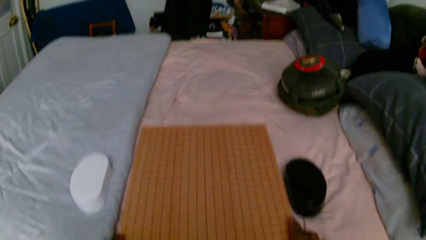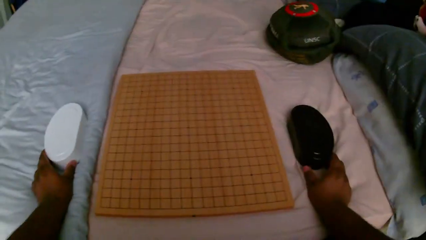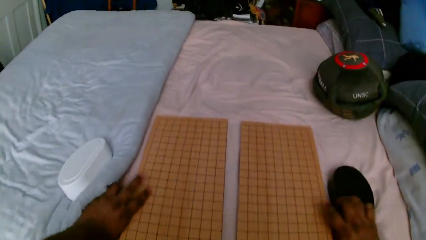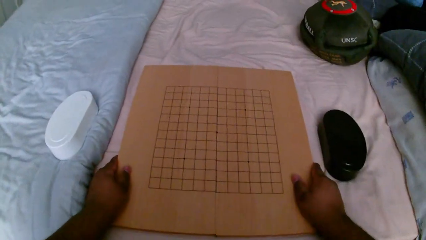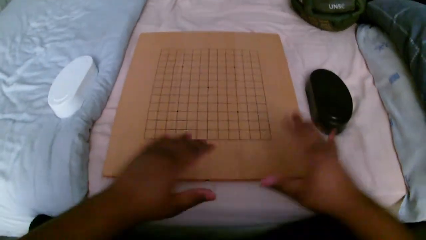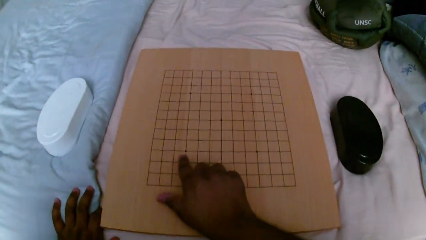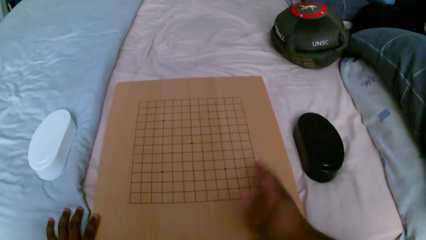This is called a Go set, that's G-O. And this is like the main expert board. This particular board I can split. We'll use the beginner type board now for this example. I don't know if you can see it properly on the Google camera. I'm not entirely sure the lighting is very good, but there are 5 dots here that will help beginners in